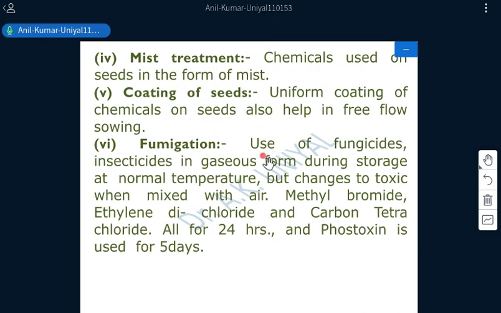Okay, then we have fumigation treatment, the use of fungicide and insecticide in gaseous form during storage at normal temperature conditions, but it changes to toxic when this gas is mixed with air. Methyl bromide, ethylene dichloride, and carbon tetrachloride are used in the gaseous form to treat the seeds. All are used for 24 hours, and phostoxin is used for 5 days in the godowns, or storage